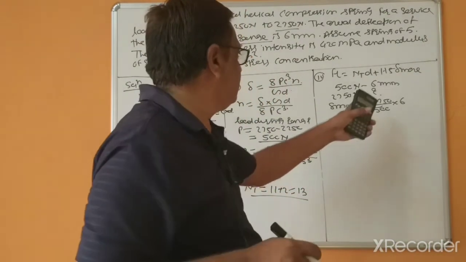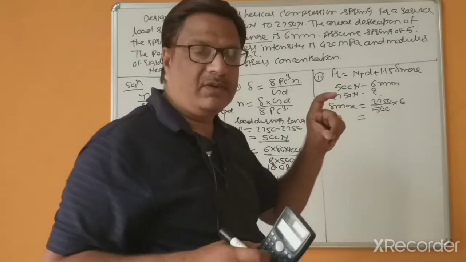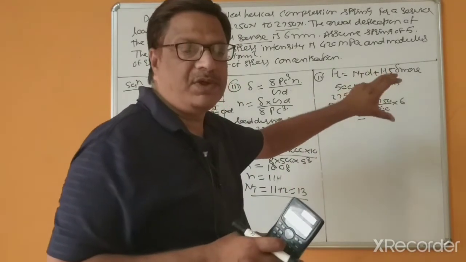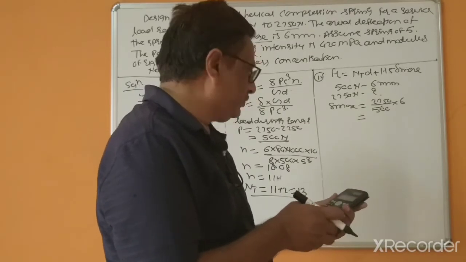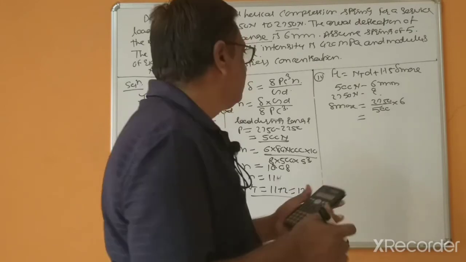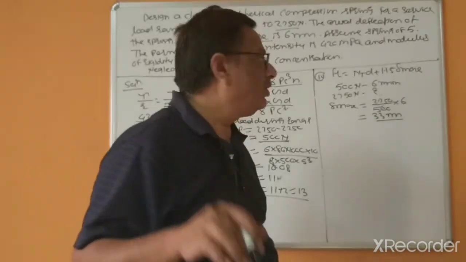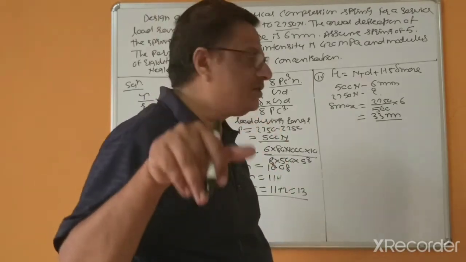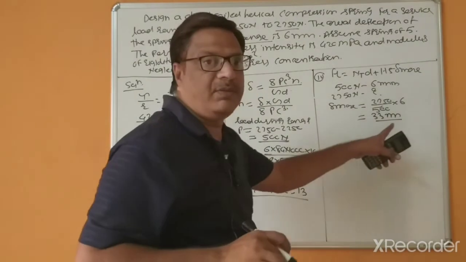Try to understand why this is, because this is the maximum load and this is the maximum deflection. We have to design the springs according to the maximum deflection, and this 6 mm is the deflection corresponding to 500 newtons load. So that's why 2750 divided by 500 multiplied by 6, maximum deflection equals 33 mm. When there is no load, because this 2250 is the preload acting on the springs, that may be the seat already, and after that the 6 mm is the deflection. So this is very important.